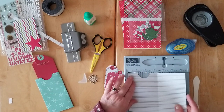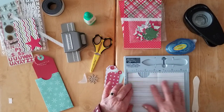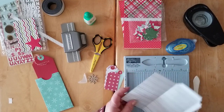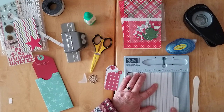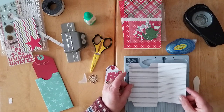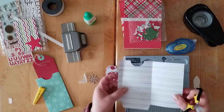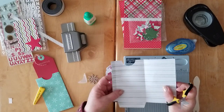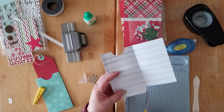So here we score at 1/2 inch, which is why we did the length at 6.5, 1/2 inch, and at 3. And then on the bottom, we just do 1 score line down the 5-inch line. And then what you do is you take your scissors, and right here in the middle part, you have your 1/2 inch here on your left-hand side, 3 inches, 3 inches. So on this middle part here, you just take your scissors,